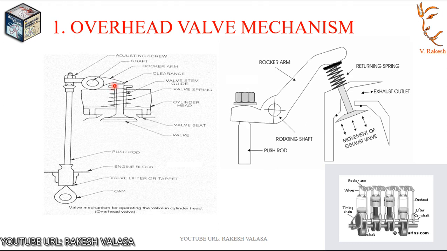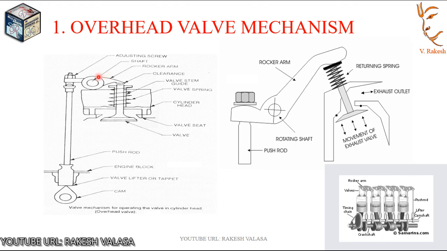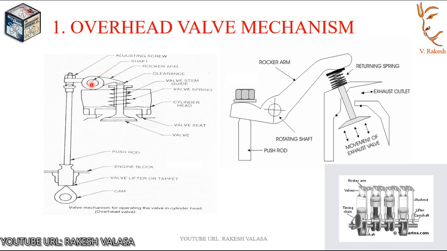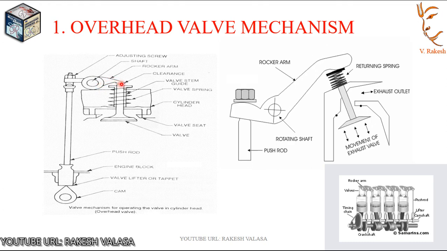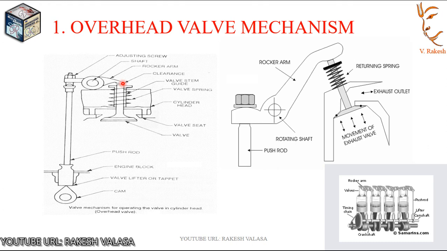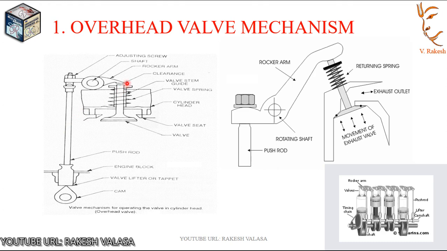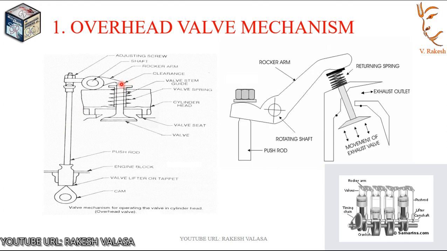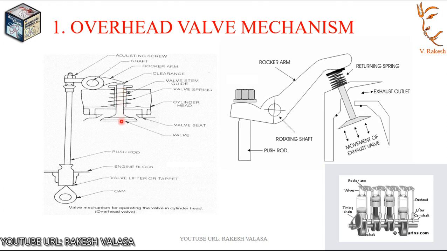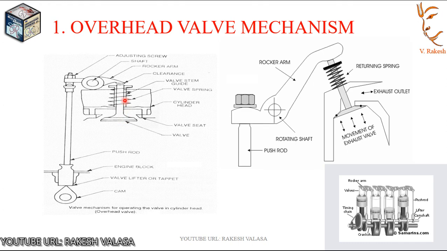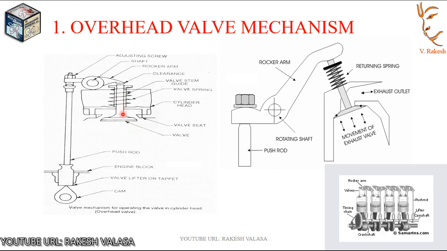In the center of the rocker arm, there is a shaft known as rocker shaft. The rocker arm is pivoted above this rocker shaft. When one end of the rocker arm is lifted by this push rod, the other end goes down and pushes the valve down to open in cylinder head. The valve moves in the valve guide secured to the head.